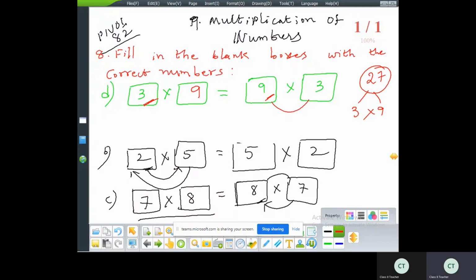Yes. In this question, we read so many tables for solving the A, B, C, D problems. We can multiply any two numbers in any order. We can multiply 2 or more than 3 numbers in any order. 3 9s are 27, 9 3s are 27. Okay, children, this is question 8.